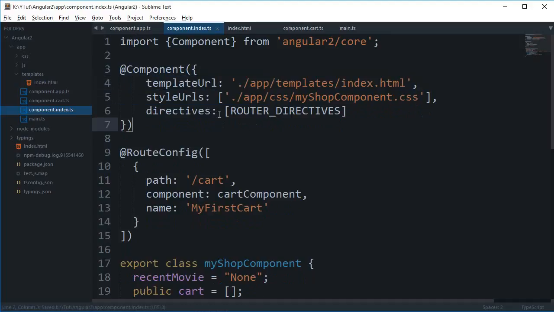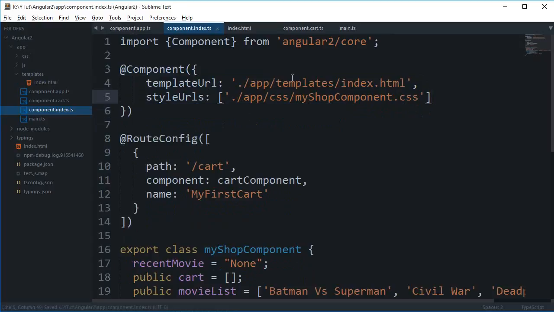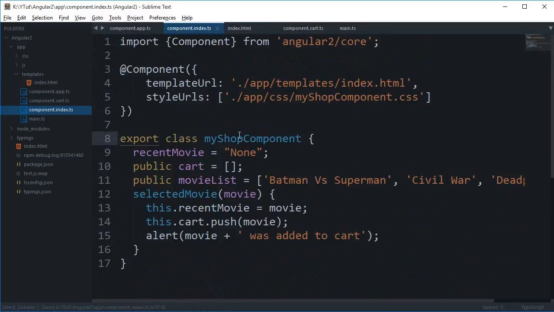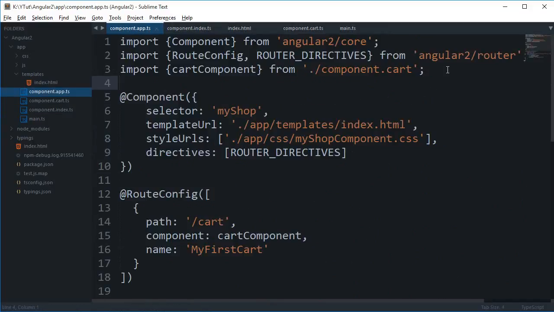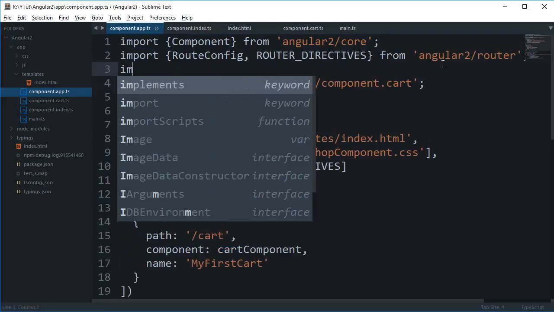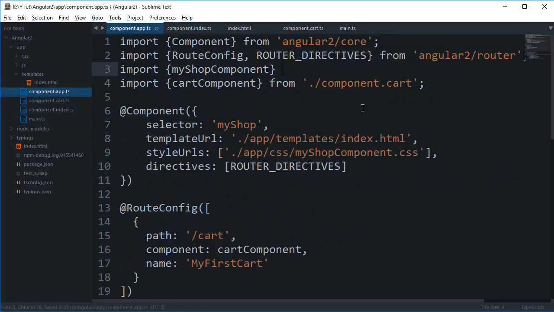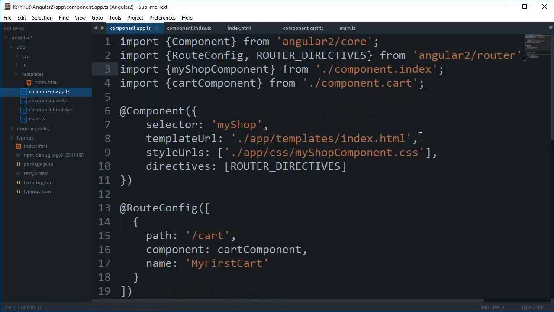Yes, I need template URL, and yes, I need style URLs. I don't need directives because I'm not creating any child directives right now. I don't need route config, and I need the my shop component. So for the component app, let's just trim this application a little bit. We need all these three, and we need another one, and that is, if you might have guessed, the my shop component from component.index. As you can see, I have split the index file as well,